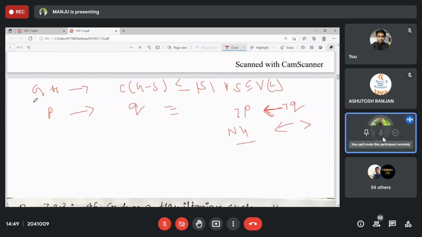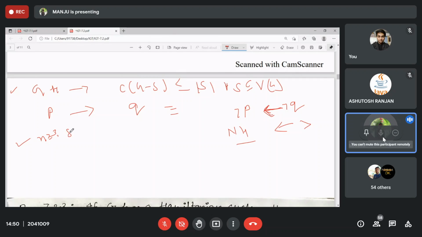Another is, if G has a Hamiltonian cycle, or G is Hamiltonian, then you can say about this one. And another thing is when you can be sure the graph G is Hamiltonian. That is, if G is a simple graph and n should be at least 3. Obviously, n has to be at least 3 in the case of a simple graph. The minimum non-trivial cycle is C3, and that occurs in the case of order 3, right?